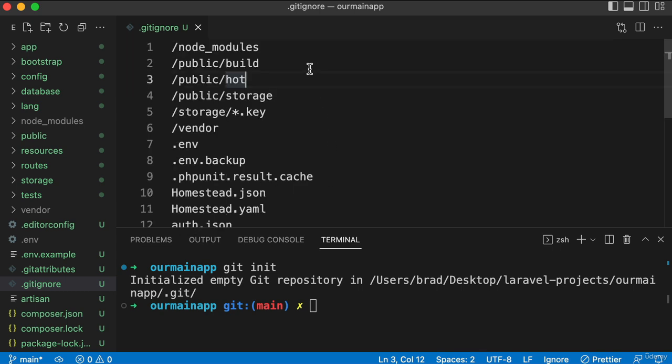However, and it's just my own personal preference, I don't want to ignore the public build folder. So the idea is if you wanted to, you could install Node.js on your VPS server, and then you could literally run npm run build on the server side. That's cool, but I don't want to have to worry about that. I'm happy to just run npm run build on my local host computer